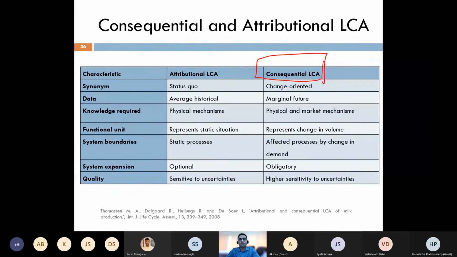If I'm going to grow biomass on this particular amount of land, the original plantation has to be shifted elsewhere. If the plantation is shifted elsewhere, is it going to cause more emissions? That is where consequential LCA comes into being. And then it is again change oriented. It uses marginal data, like the state of the art or the best data. I won't go into the other things, but it's important to understand the difference between the two